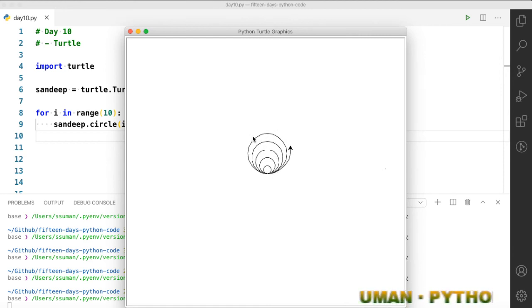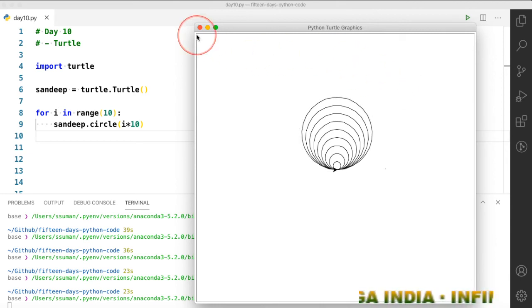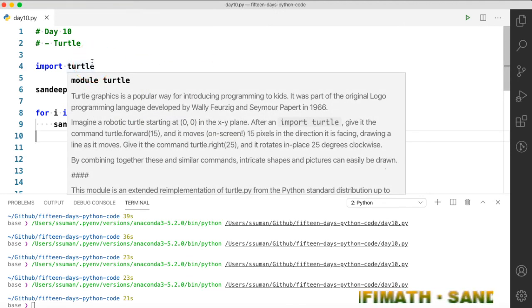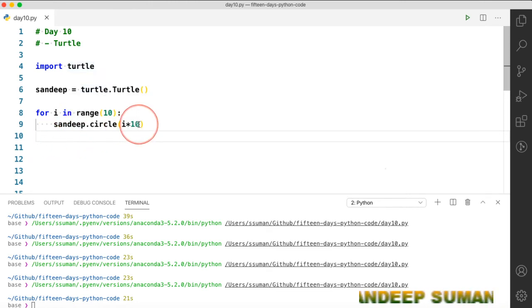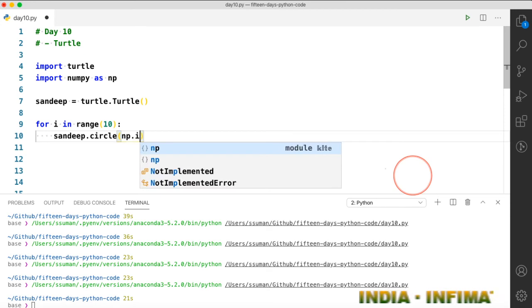Okay, you can see that the shapes are very interesting, and you can make very complicated things with this, by importing other libraries like the random function from the numpy library, mathematical functions, or you can apply a sine function here. Suppose we want to apply, first we have to import numpy as np, and then we can use np.sin.